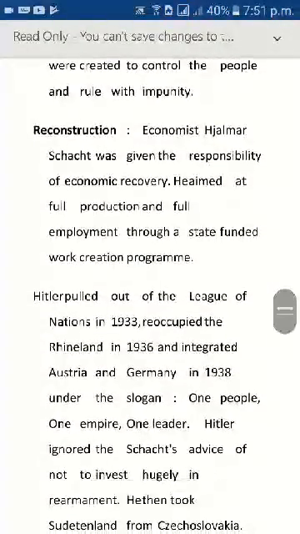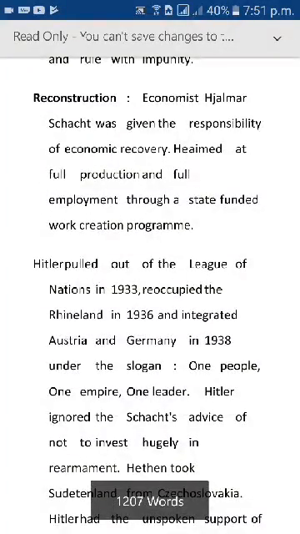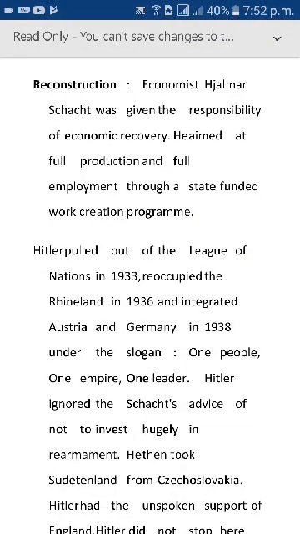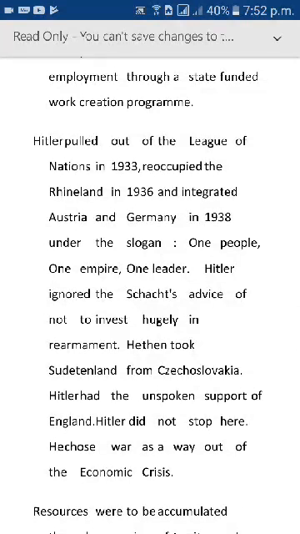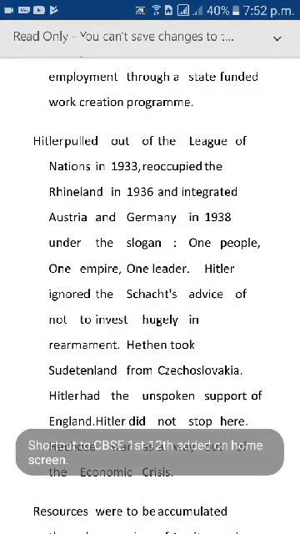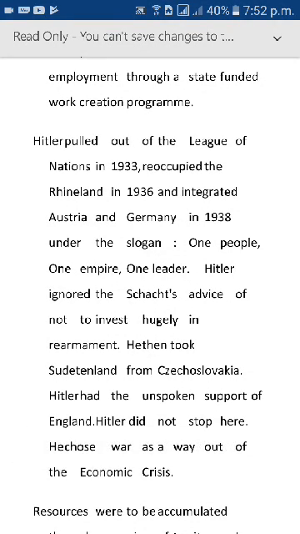Then reconstruction. The economist Hjalmar Schacht was given the responsibility of the economic recovery. He aimed at full production and full employment through a state-funded work creation program. Then Hitler pulled out of the League of Nations in 1933, reoccupied the Rhineland in 1936 and integrated Austria and Germany in 1938 under the slogan "One People, One Empire,